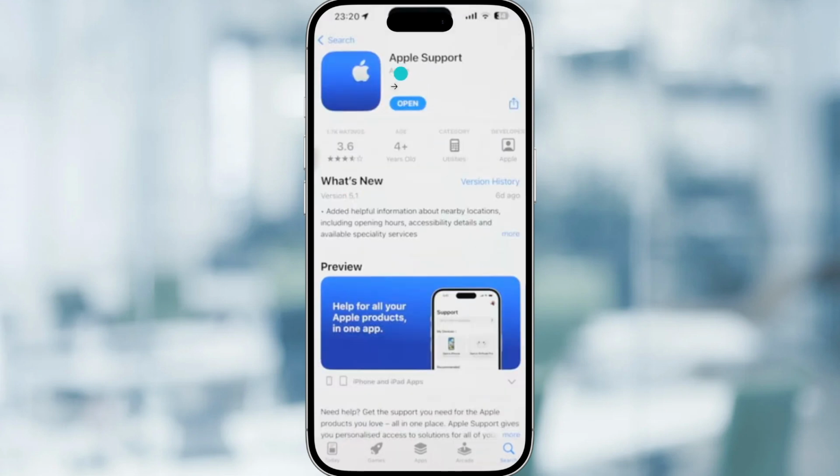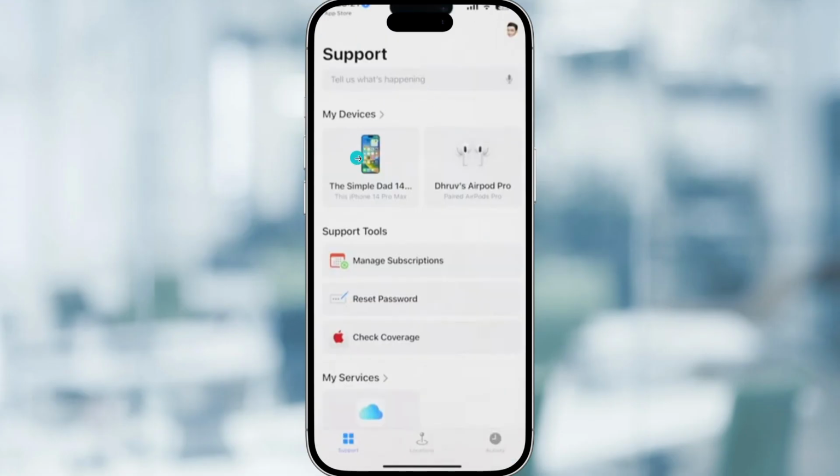You'll land on a clean, helpful home screen. Here, the app highlights your Apple devices, your subscriptions, and your coverage details like warranty and AppleCare. You'll also see account options, including things like password reset tools. If you're prompted to sign in, use the Apple ID associated with your device so the app can tailor the